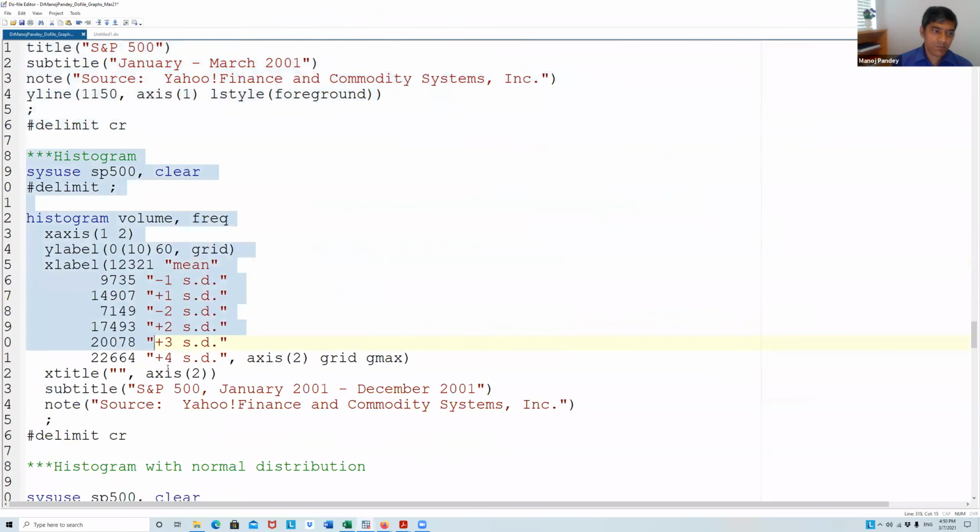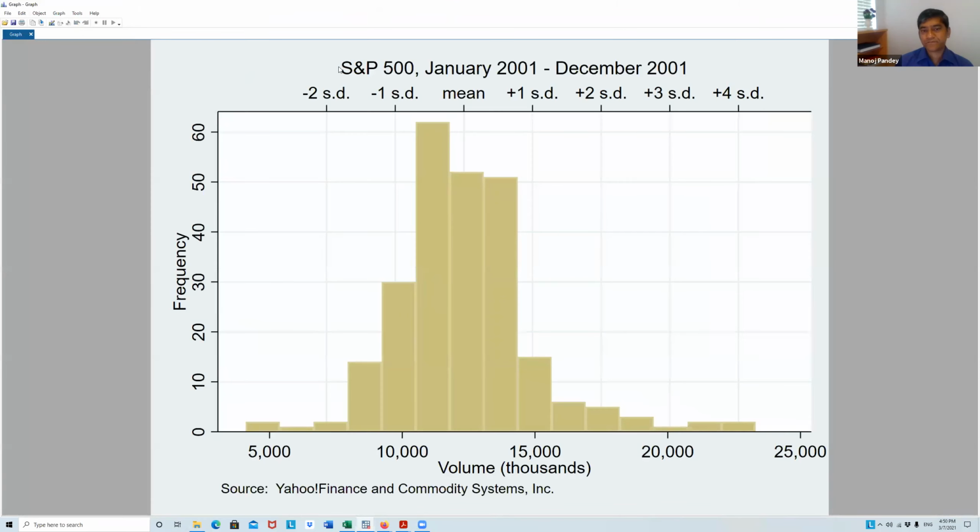Histogram is famous. We created one histogram, but if you want 2 standard deviations, 1 standard deviation, mean, +1, -1, everything, to let people know most of the statistics about this data set, then you have this. It doesn't look like a normal distribution because this is a skewed one.